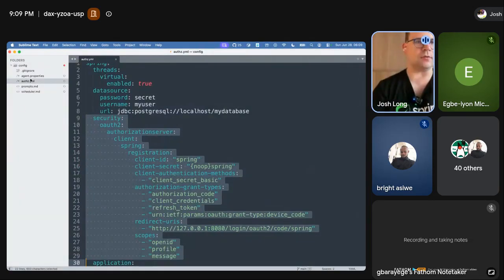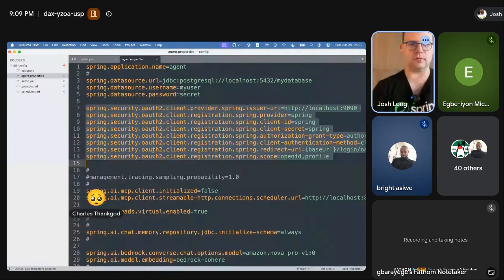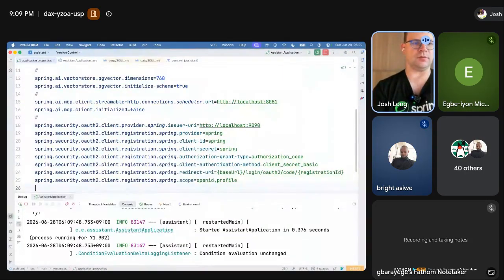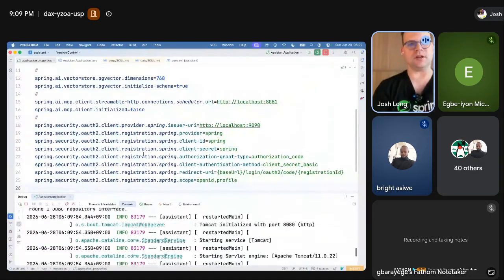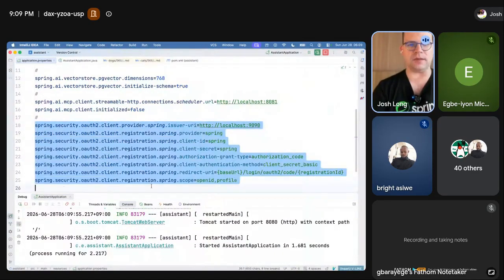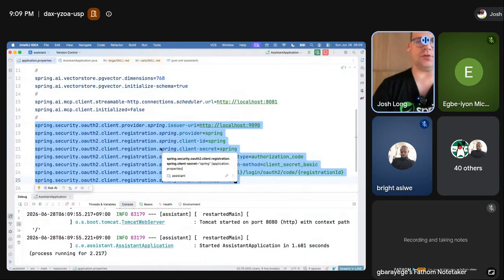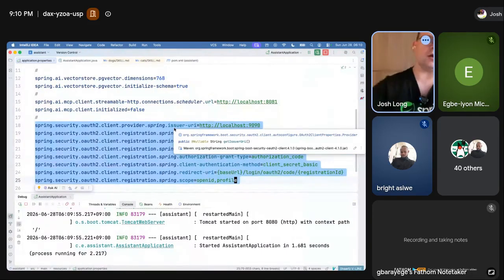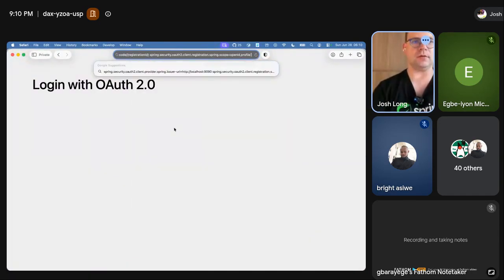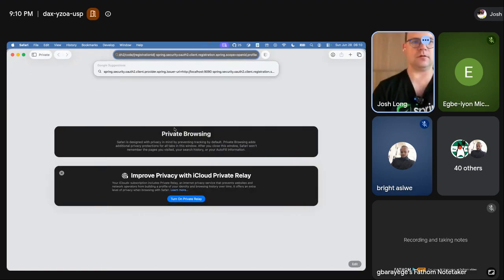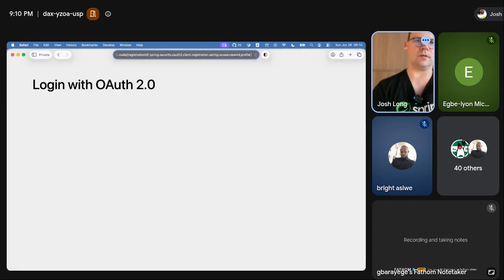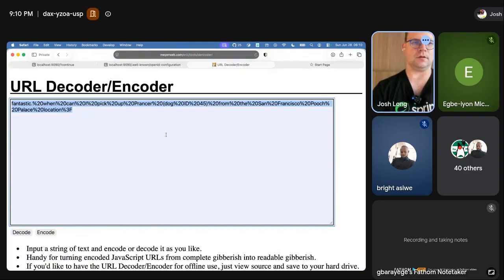So let's fix that as well. Very simple stuff. So here I'm telling this OAuth client to act on behalf of the user using the OAuth client that's registered in the auth server. So now, close that, copy,